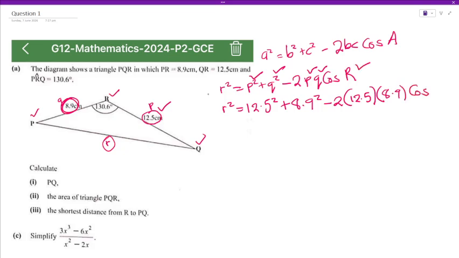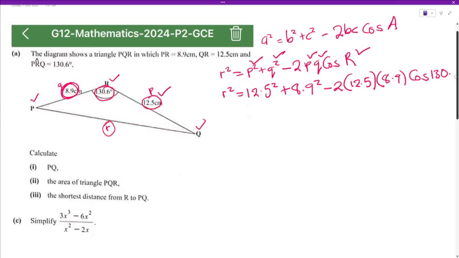What is the angle at R? The angle at R is 130.6. So I'm going to say 130.6 right there. Okay. Then you can simply punch everything on the right side. So I'm going to say 12.5 squared plus 8.9 squared minus 2, open brackets, 12.5, close bracket, open bracket, 8.9, close bracket, and then we're going to